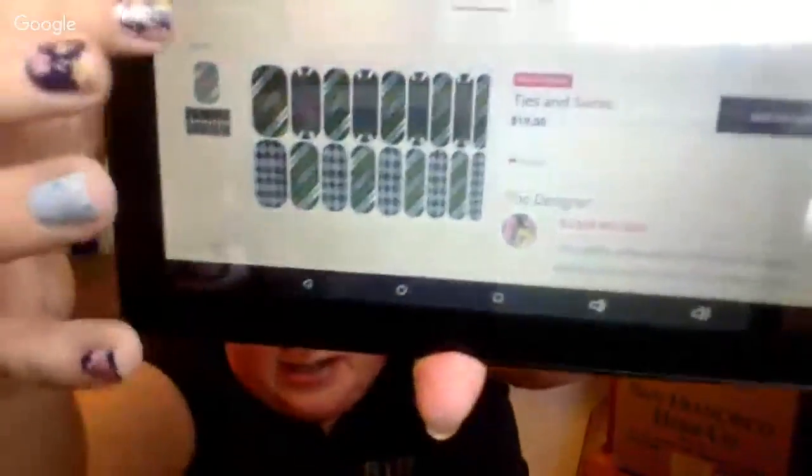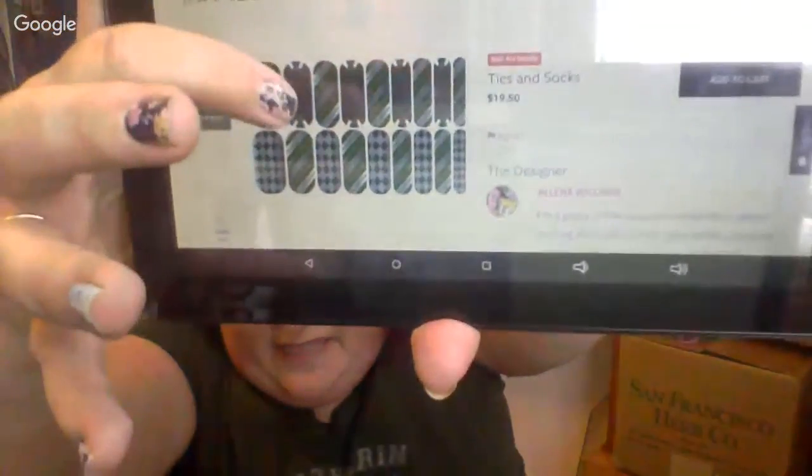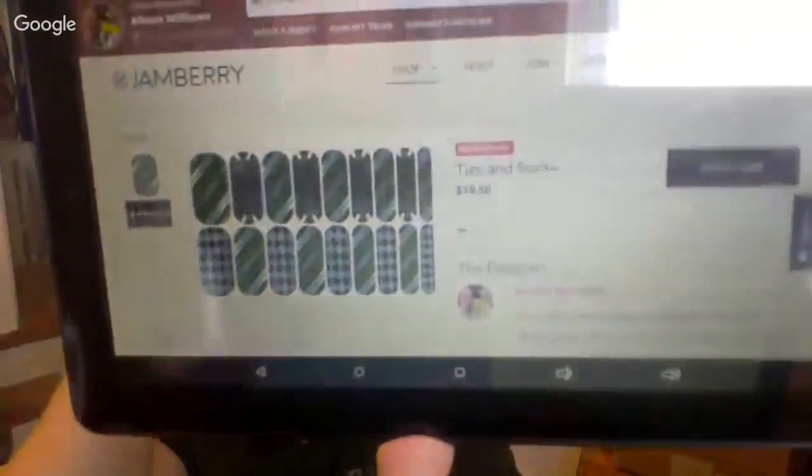So there's the ties, socks, and then a shirt, sweater. I tried to do it with the other colors for houses, but for whatever reason they are flagged. But the Slytherin one was approved. So I've been working on that, trying to get my designs in this NAS app because